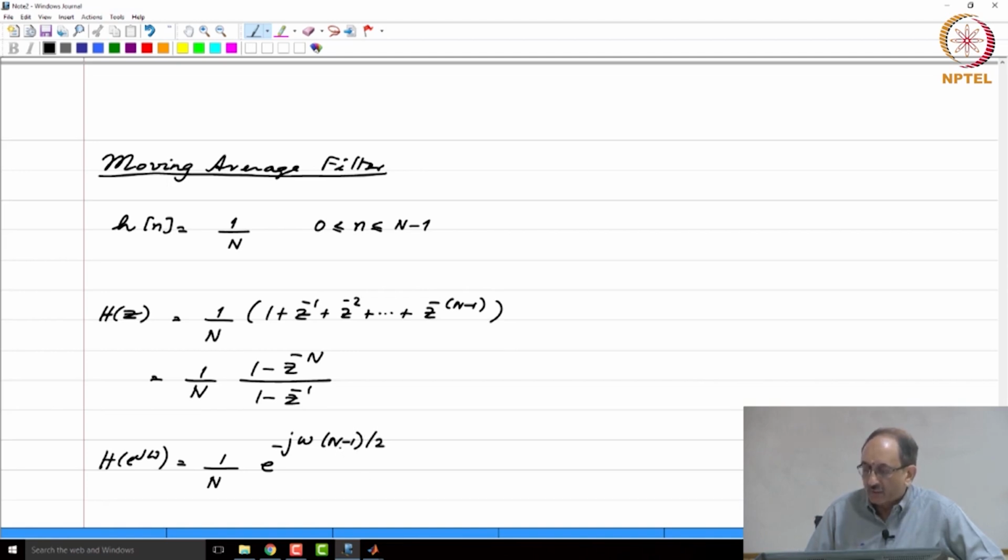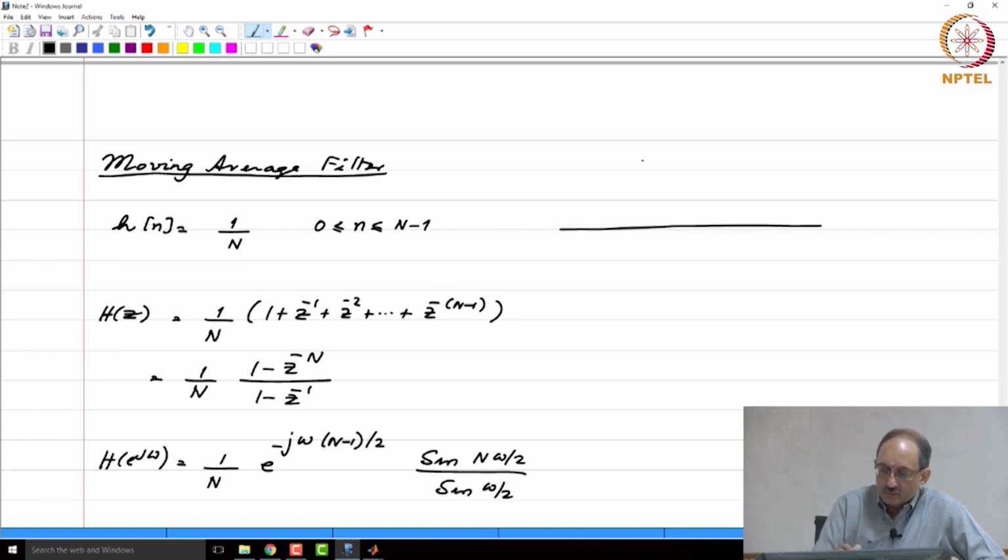The reason why you get n minus 1 by 2 is e to the j omega n by 2 will come from the numerator. Similarly, e to the j omega by 2 will come from the denominator. Therefore, when you simplify, you will get this as the answer, and this will be sin(n omega by 2) by sin(omega by 2), and the impulse response is a constant. So, this is 0, 1, 2 up to n minus 1, and the value of the constant is 1 over